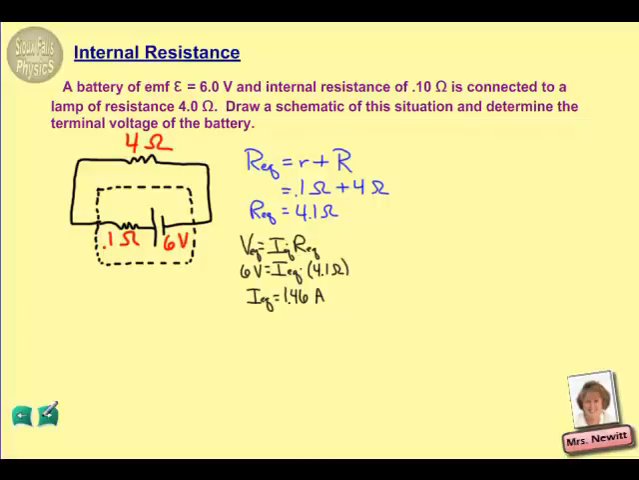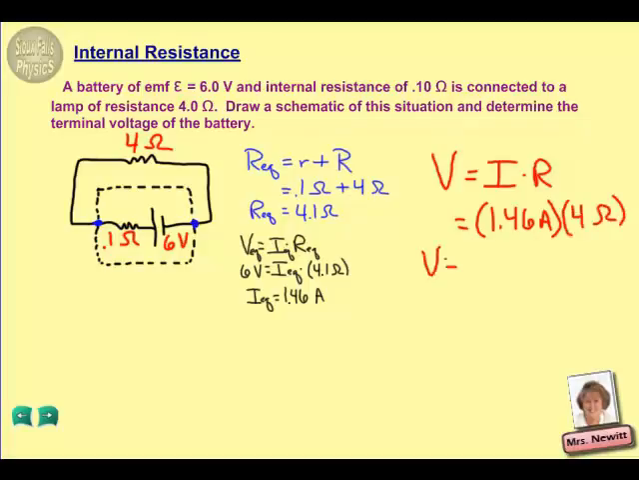Now our last step would be to use that equivalent current amount to find the terminal voltage. And again, remember that terminal voltage is simply from this positive terminal to the negative terminal. And so we can think of that as being the voltage applied to the 4 ohm resistor. We can use our same Ohm's law equation of V equals IR, and we have the 1.46 amps. That would be the current through the 4 ohm resistor, and then the 4 ohm resistance for the lamp. And if we multiply those out, we find that our voltage, which can be described as the terminal voltage, is actually